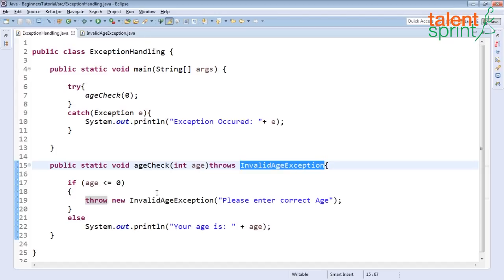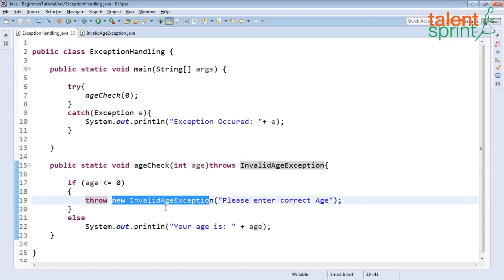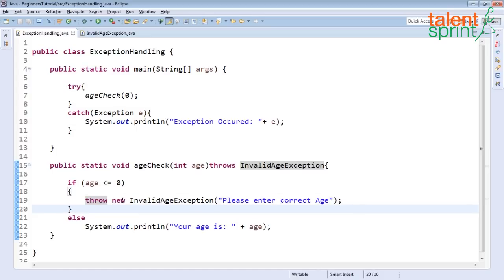Throws is followed by the class name, while throw is followed by the instance of the class, created with the new keyword, correct? And finally, the keyword throw is used inside the method body, as you can see, and it can throw one exception at a time, while the throws keyword is in the method declaration and it can be followed by multiple exceptions. You can also go ahead and say here